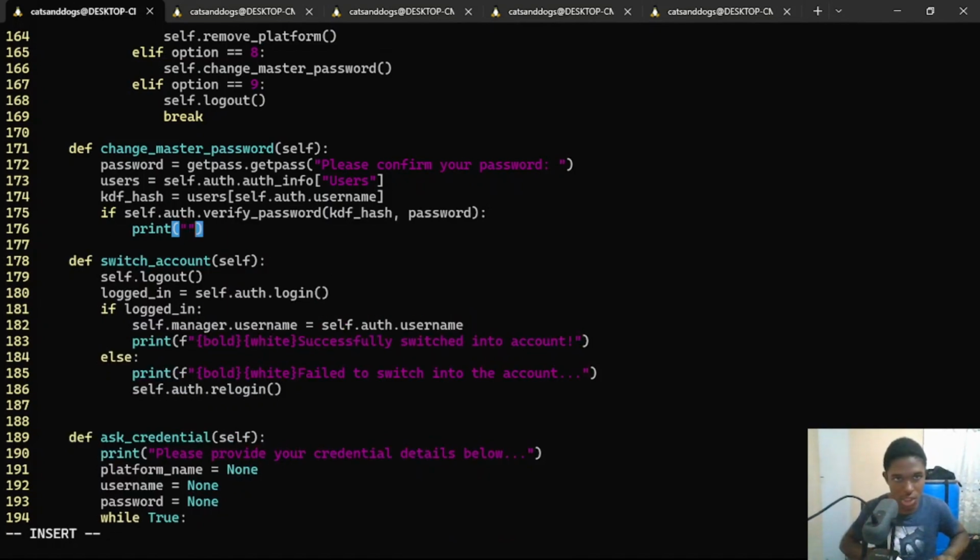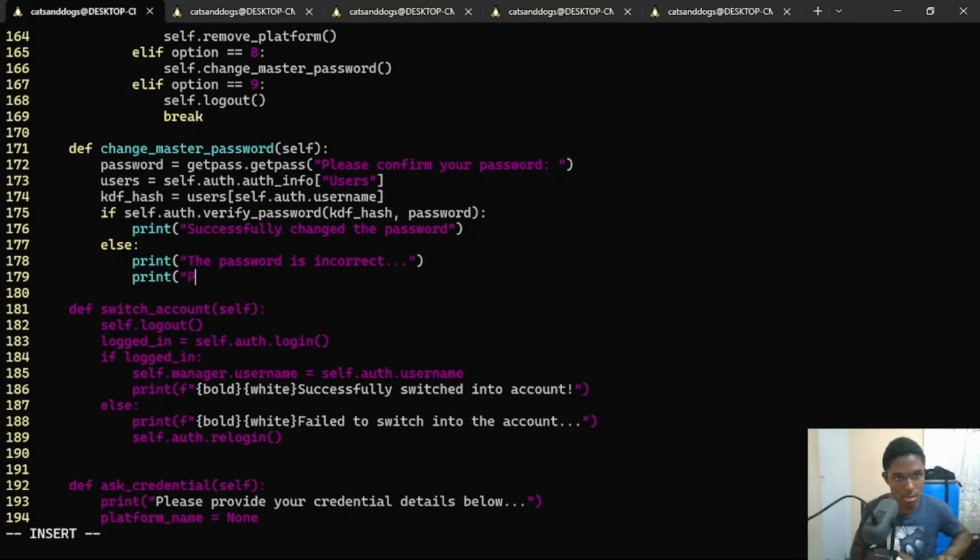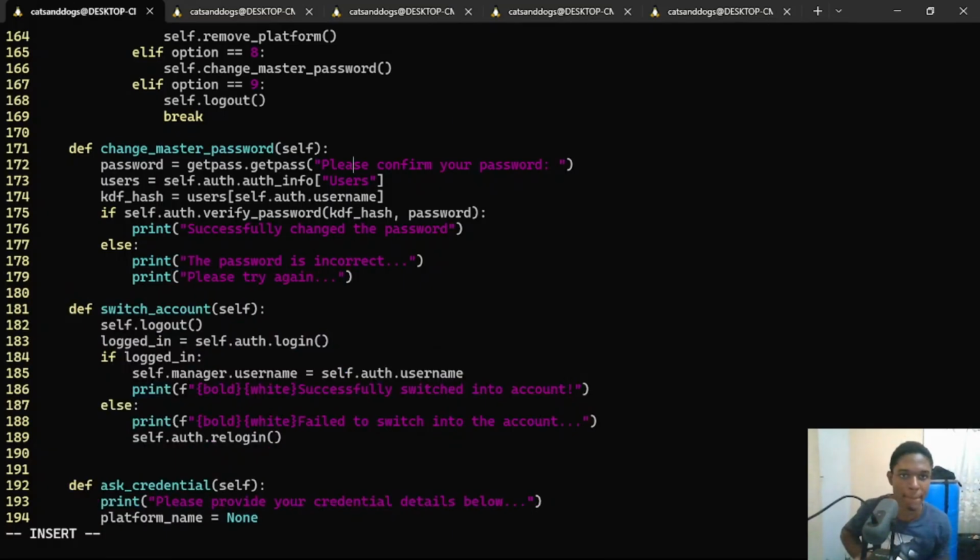print out a message like successfully changed the password. Otherwise we can say print, the password is incorrect... please try again... Alright, and we can add an exclamation mark right here. Alright, so whenever we verify the password,